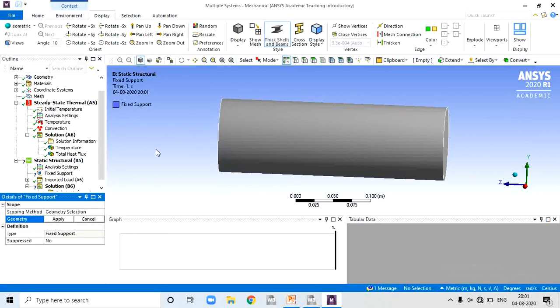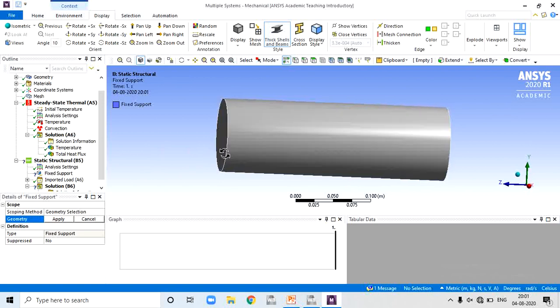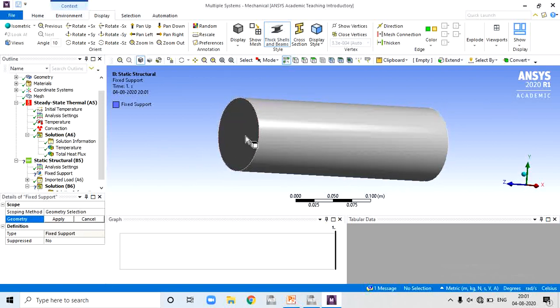Now we want to add a fixed support on the left hand end and apply it. Okay, this is only a single condition.